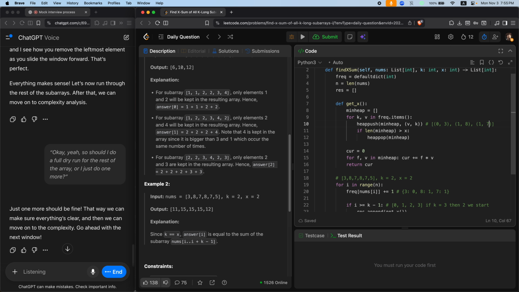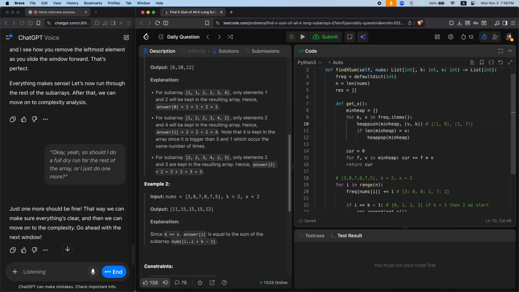The current min heap array is larger than x, so we want to pop out the first value in the min heap. The 0, 3 pair would be popped out, and the remaining values would be 1, 8, 1, 7, and then we will sum that up, so that would be 8 plus 7,